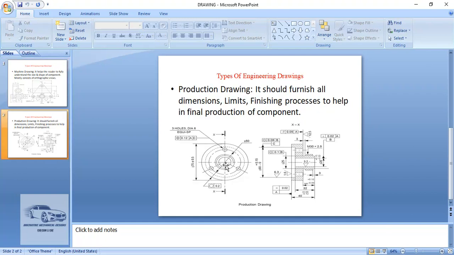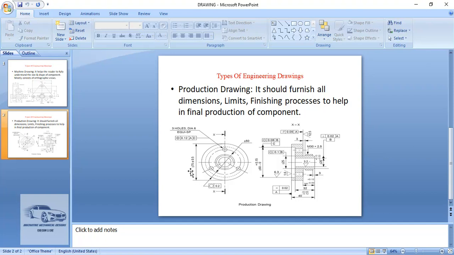This is a production drawing which, apart from the views, has all the necessary information related to production, like geometrical tolerance symbols, dimension tolerance symbols. So again, for example, let us say we have to draw this particular profile.